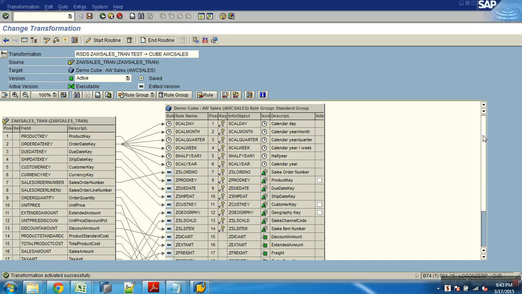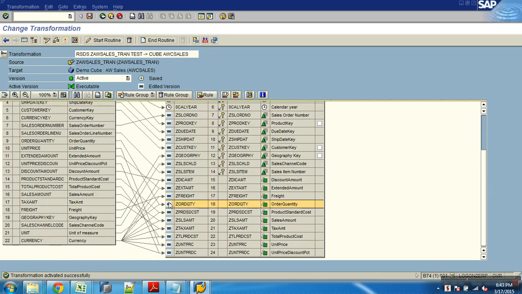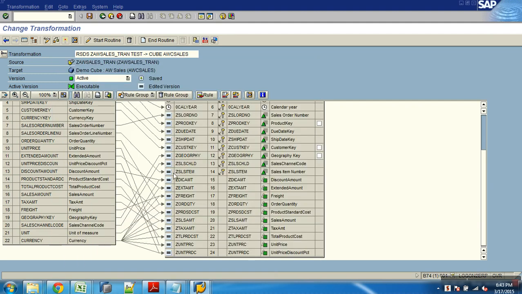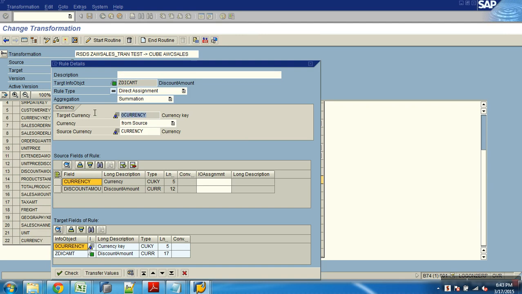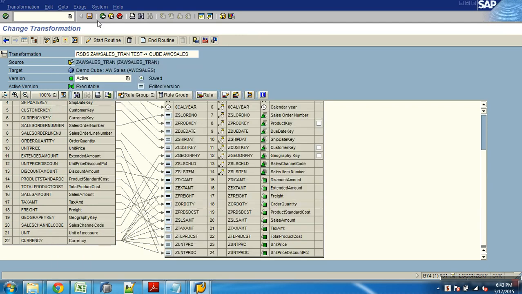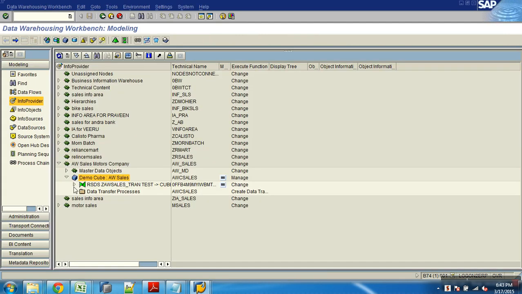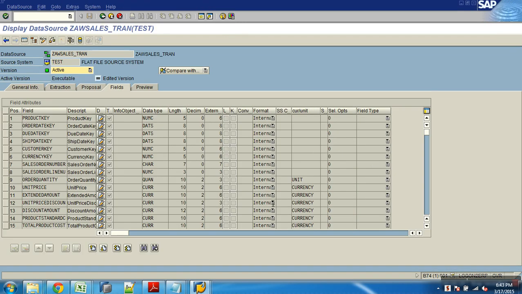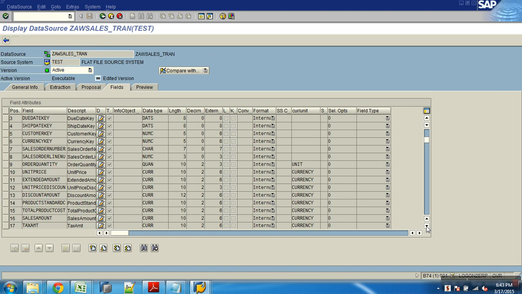I'll just show you up and down, and this is what mappings for key figures. In the rule details, you see mapping of the units. For the amount like fields, you see the mapping of currency inside the rule details. This was possible because while creating the data source, for all the currency fields, if you define them as currency fields, it will ask you for a currency column or unit column. If it is quantity data, it will ask you for the units.